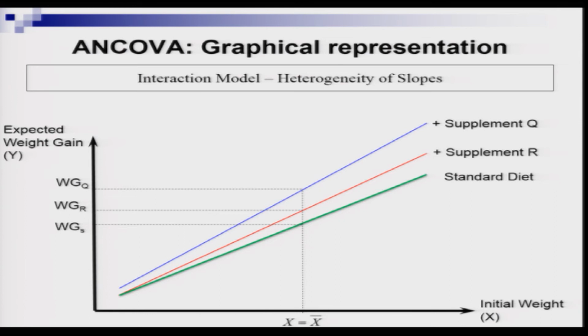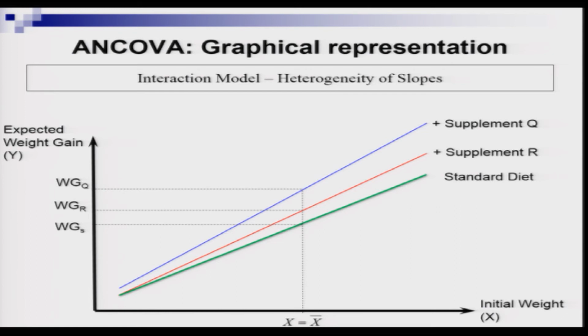So, in group 2, when birds are fed with supplement R plus the standard diet, then we see that there is no change in the intercept of the green straight line that holds for the standard diet case, but there is a change in the slope and the slope is higher. Now, we move to the third category or group, population group, where birds are fed with supplement